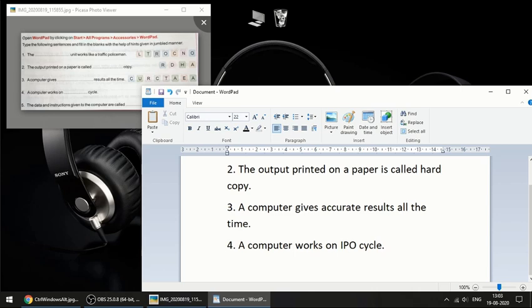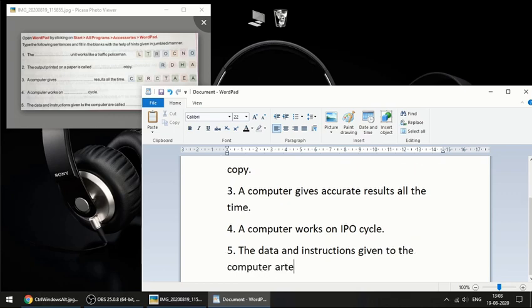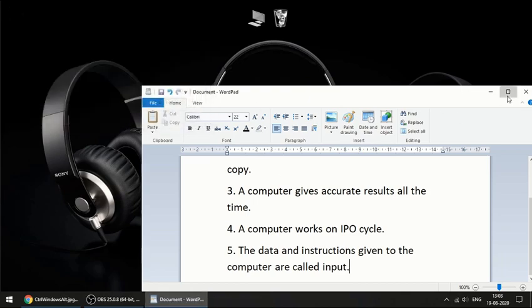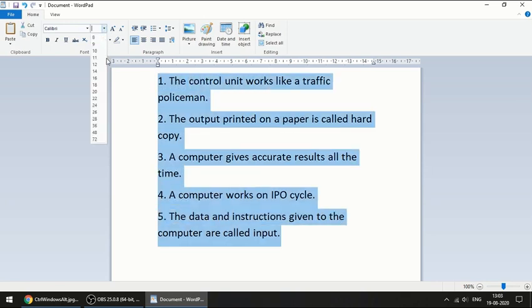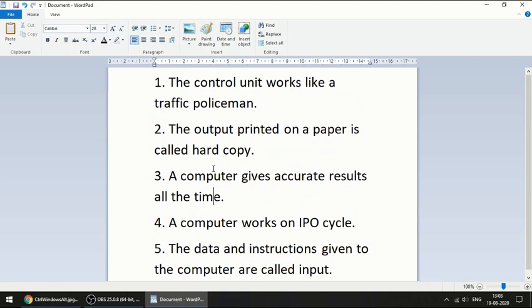Next one is, the data and instructions given to the computer are called input. Okay, now let me close this. I'll maximize this. I'll just increase the size once again.